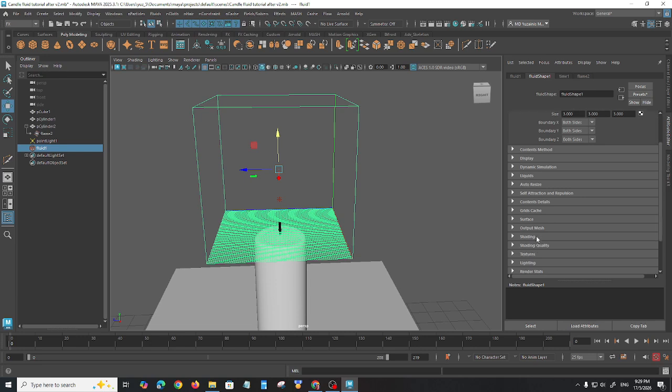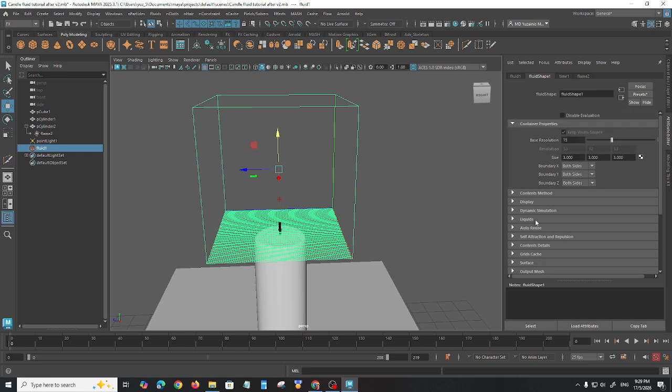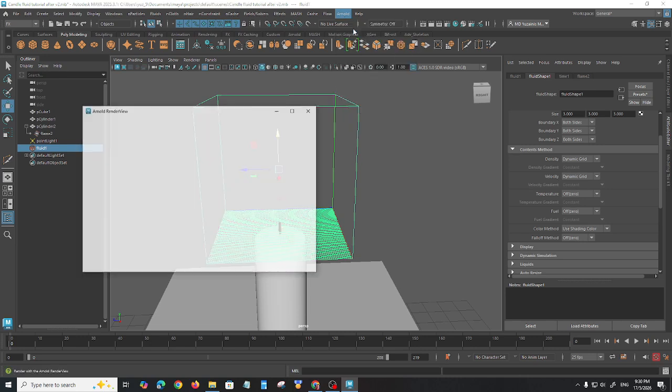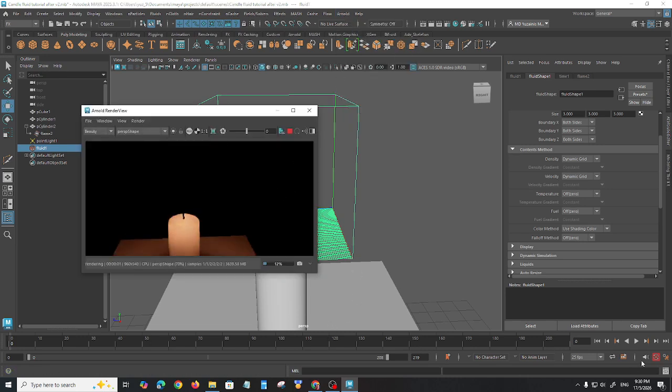Oh wait, that's a different one. That's unparticle, right? So let's open the content method and let's see what is available right now. So right now density dynamic grid is correct. The smoke you see there is, you know, the density. So if I render this, let me render and play,